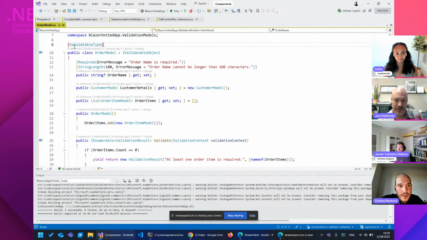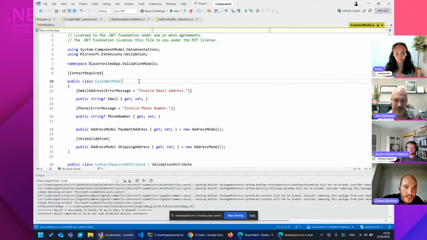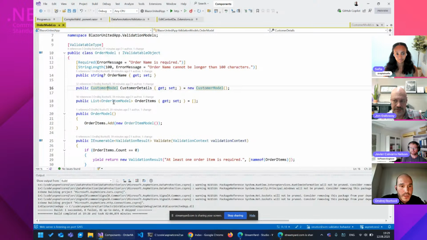So for example, I have the order model as the root, and I have a customer model. If I inspect that, then this model doesn't use the attribute, or my order item models don't need it. So